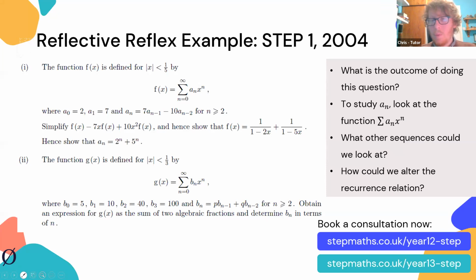I do want to mention one more thing here. I said, how can you break what happened in the actual question? And we said, well, you can make it more difficult by adding more terms. Another thing here is, when we wrote f of x as 1 over 1 minus 2x plus 1 over 1 minus 5x, that's basically doing partial fractions, and that worked because the quadratic factorized into 1 minus 2x and 1 minus 5x. So you might want to think about what if it wasn't that convenient and it didn't factorize. That is also an interesting question. But yeah, if we go on to the next slide,